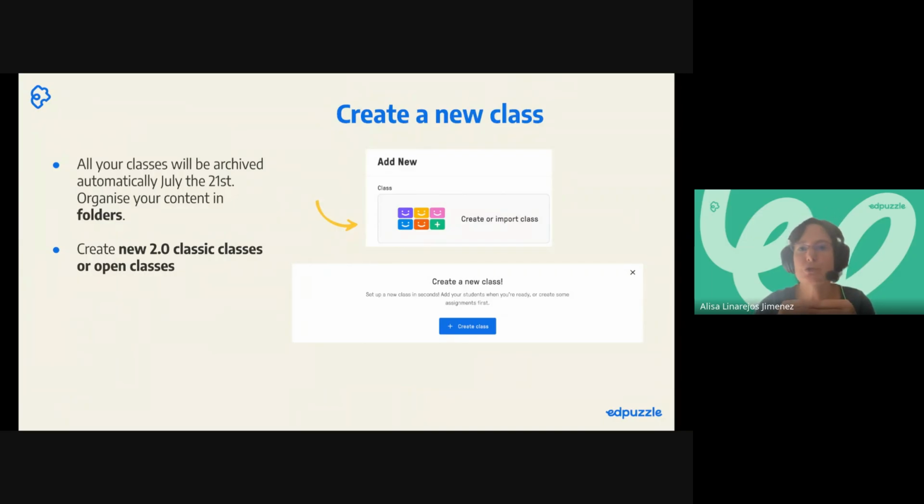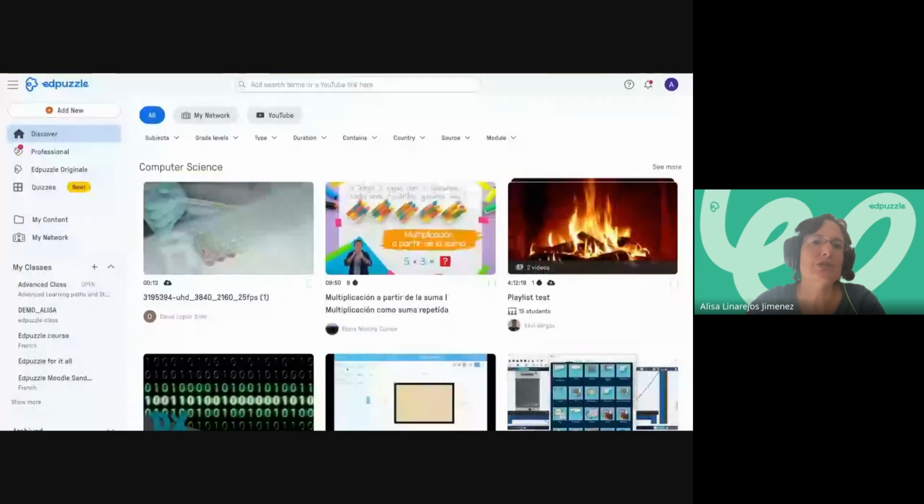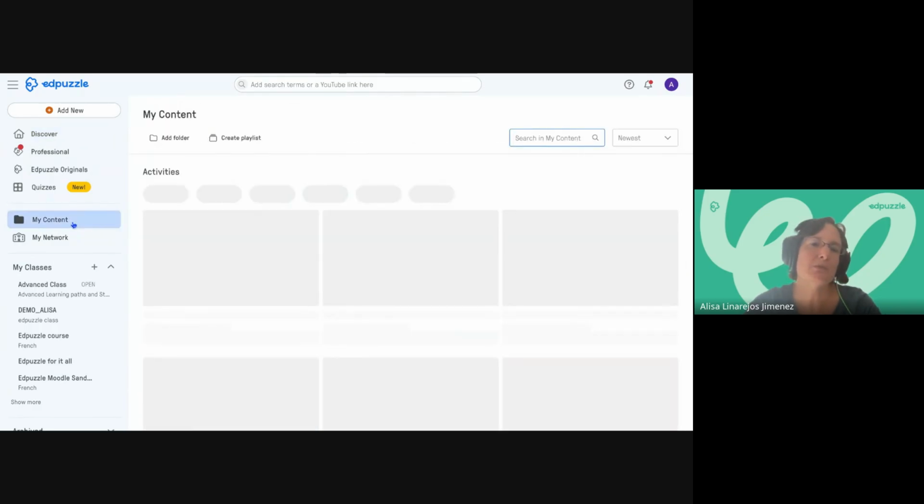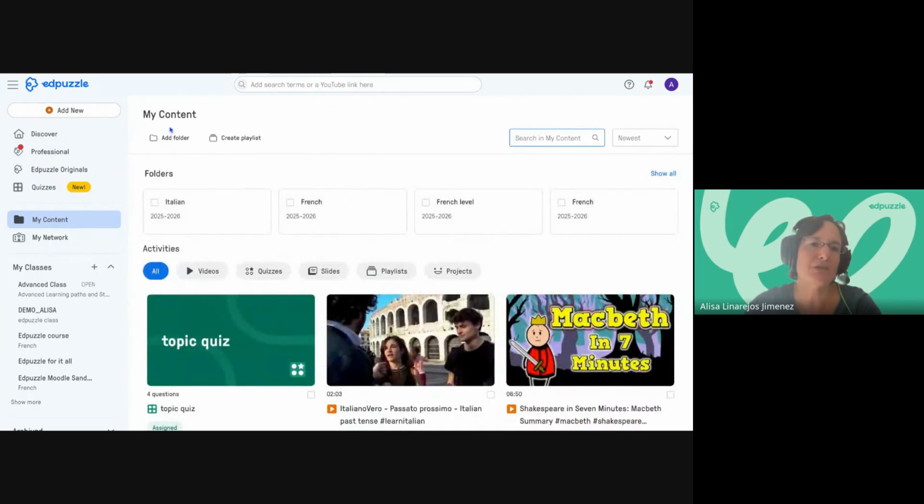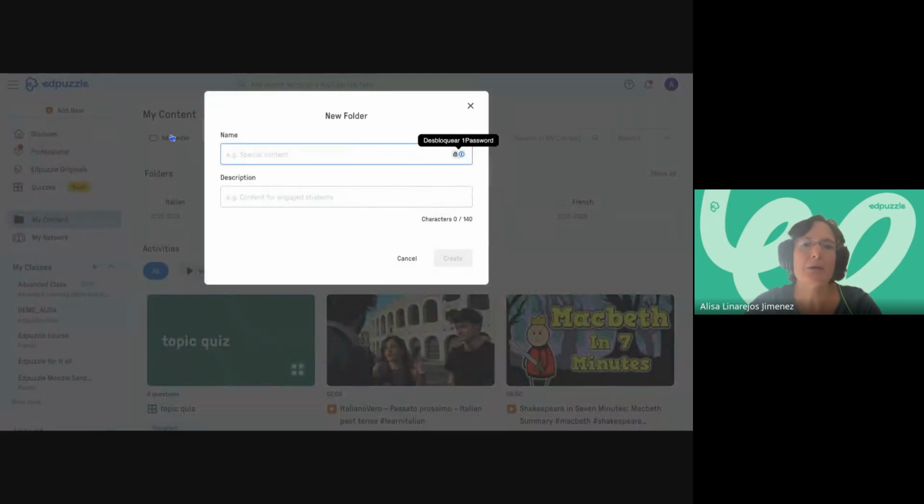So we are going to see how to create a folder that will store all the interactive activities for a given classroom or a given subject. If you go to Edpuzzle, on the left-hand side you have My Content. If you click on My Content, you should see at the top on the left-hand side that it says Add Folder. So what we are going to do is click on My Content, click on Add Folder,